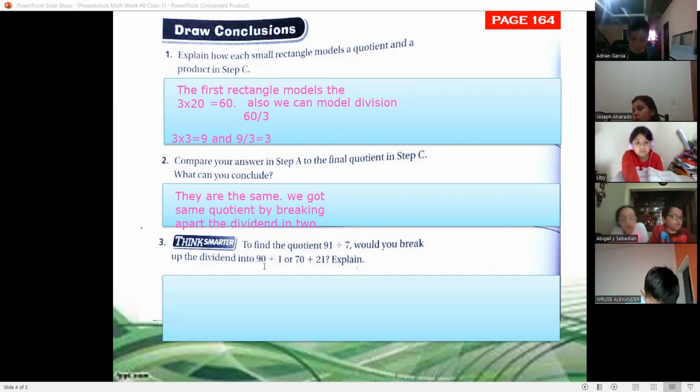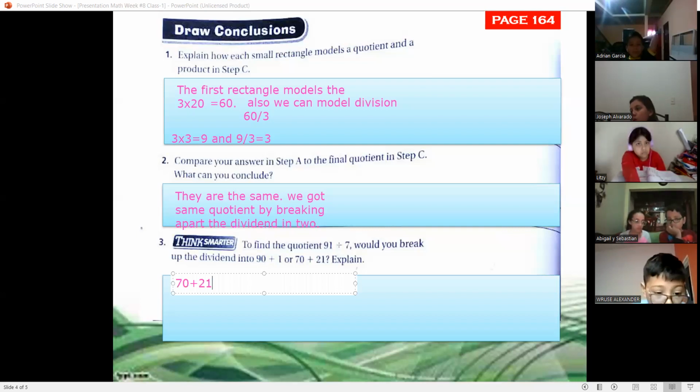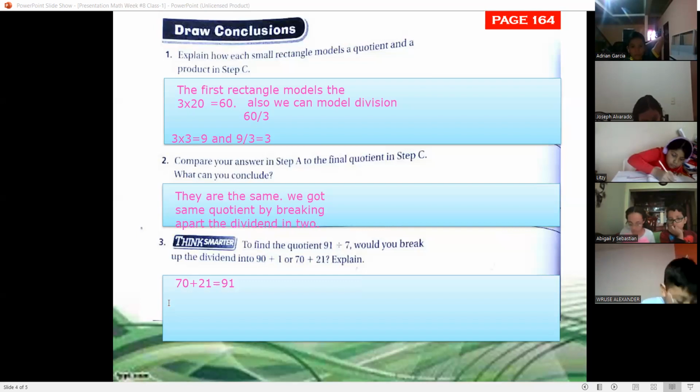Breaking apart 90 and 1, or breaking apart 70 and 21. 70 plus 21 is equal to 91, right? So it means that we can divide